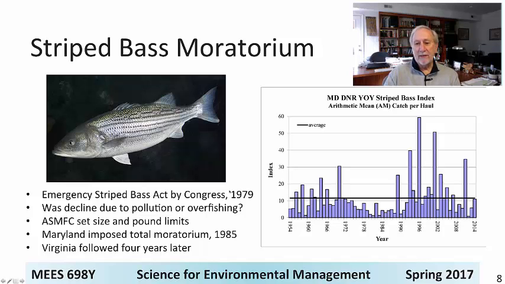So you can see here, this is Maryland data showing the young of the year, the newly recruited striped bass, estimates of their abundance. You can see the decline that took place in the late 70s, and you can see the effect of the moratorium and the rebound of the population of recruits. Now, mind you, there are year-to-year variations, and some years are still very low, but the recruitment levels have been relatively high by historical standards.